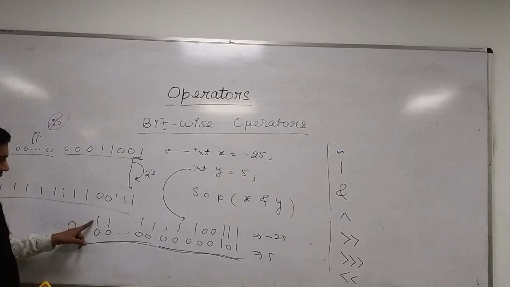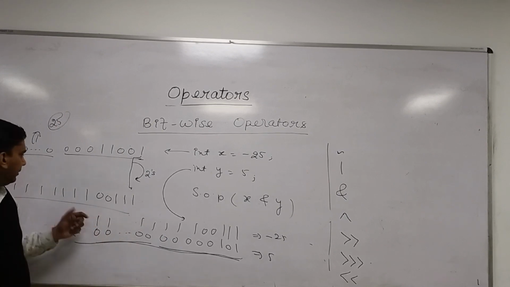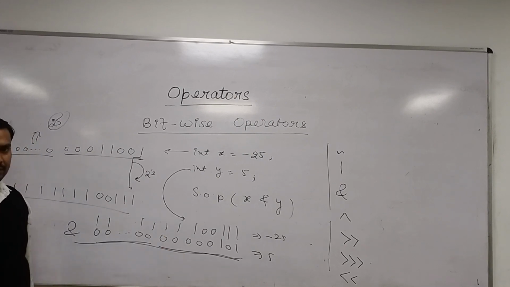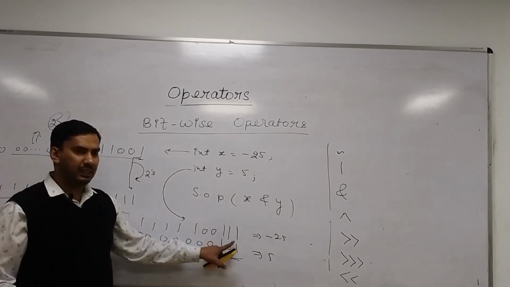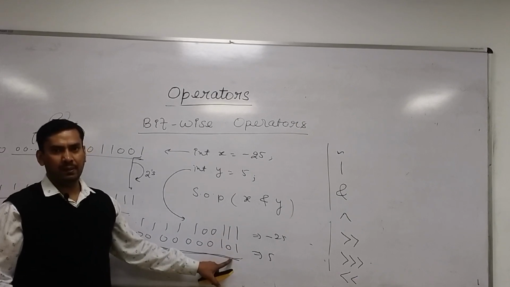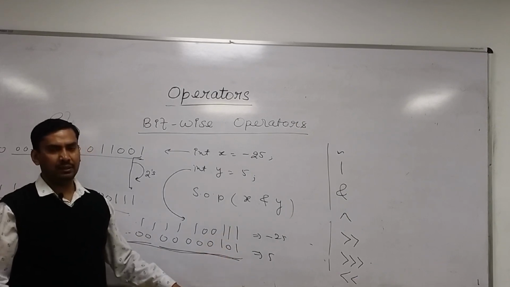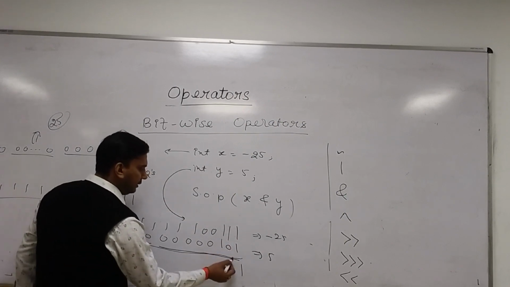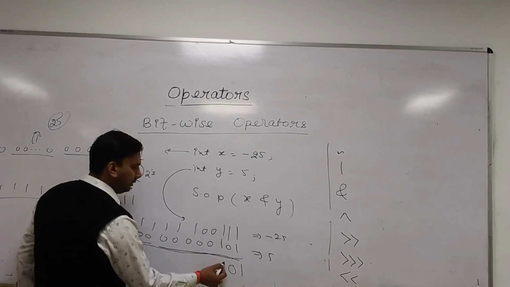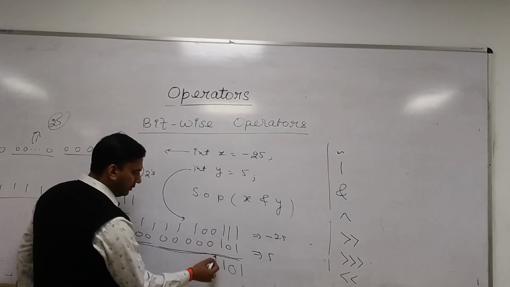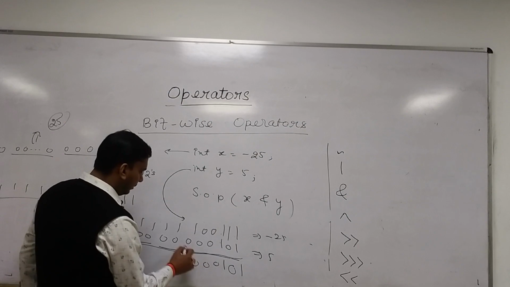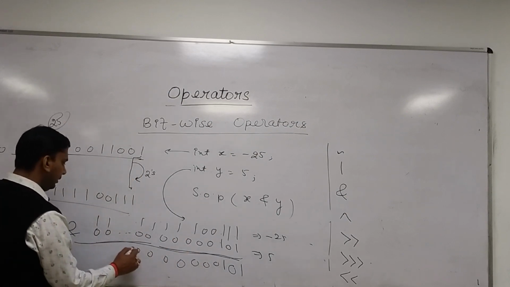Right? As you can see, the MSB is 1, which means it is a negative value. We have calculated this is a positive value. Now you have to take the AND. So simple, take the AND of the respective bits. If both are 1, the result will be 1, otherwise the result will be 0. So here 1 and 1, 1, 1 and 0, 0, 1 and 1, 1. Here 0 and 0, 0, 0 and 0, 0, 1 and 0, 0. Rest others will be 0, 0.